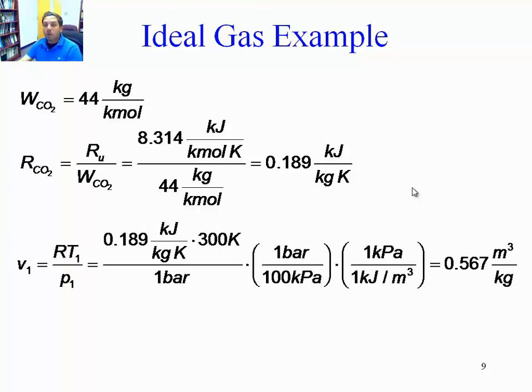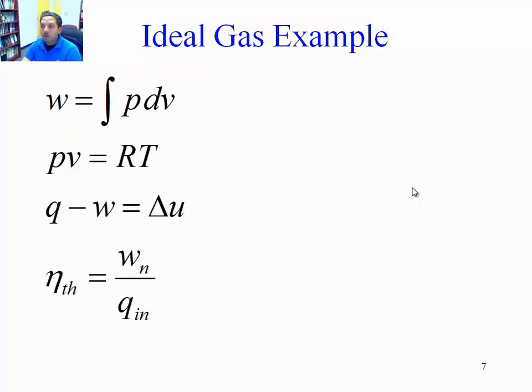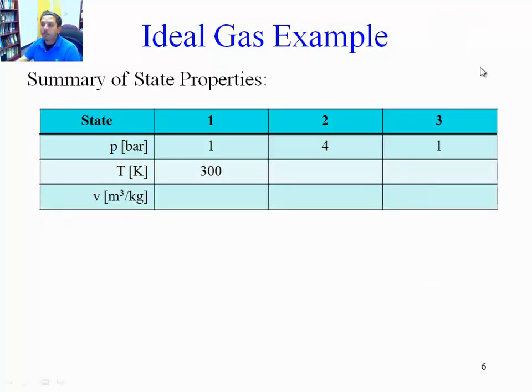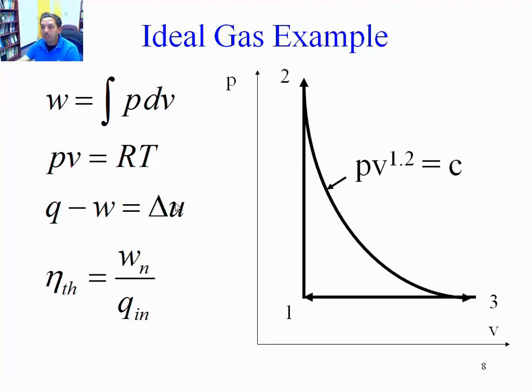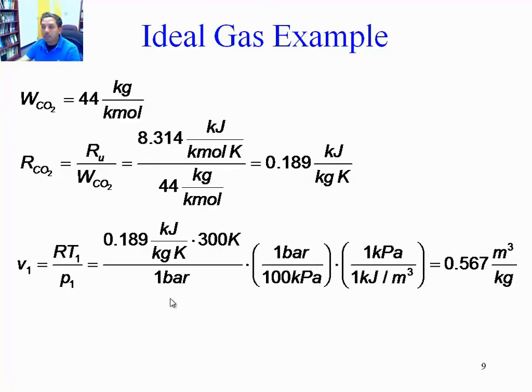Let's calculate the volume at state 1. If we go back to the summary of properties, according to the state postulate, if we have two properties, that means that we have everything we want in that state. So we know the pressure and the temperature in state 1. That means that we can know everything else that we want: the volume, the energy, the enthalpy, and anything else. So we're going to use that pressure and that temperature with the equation of state,